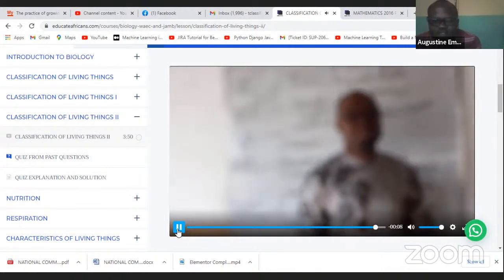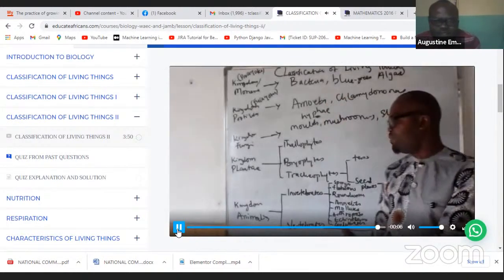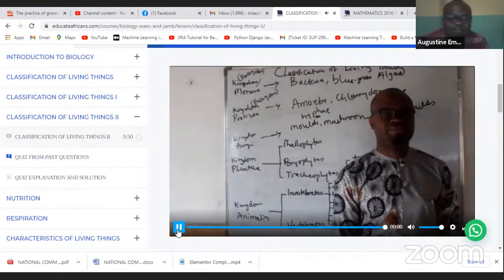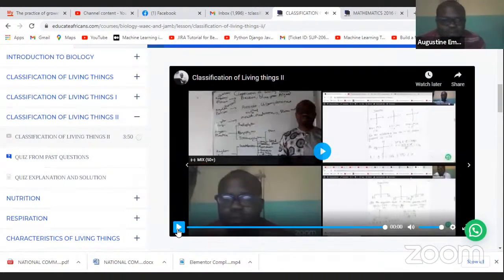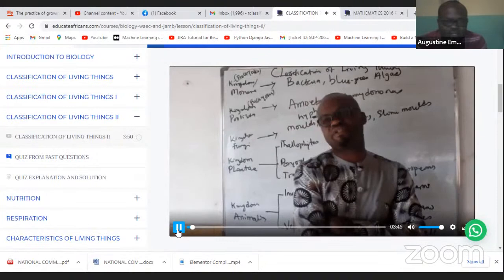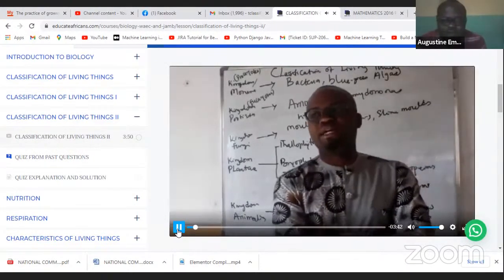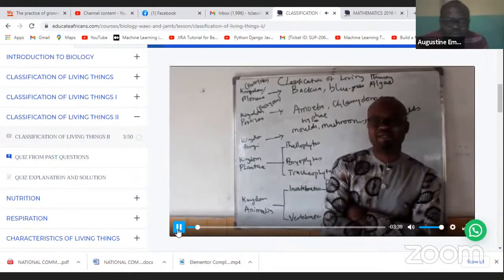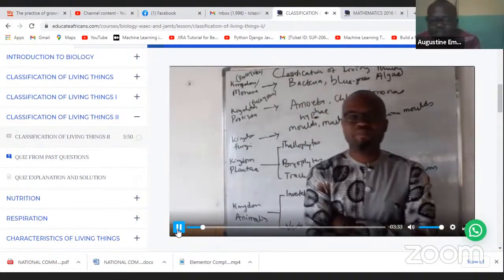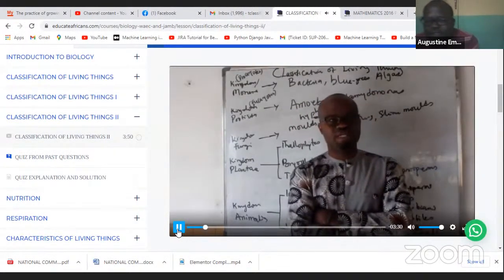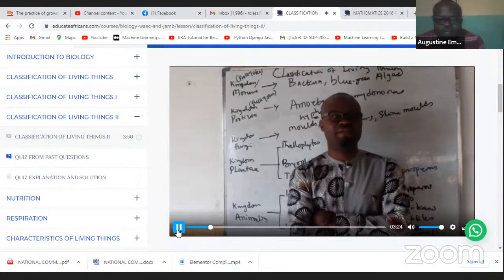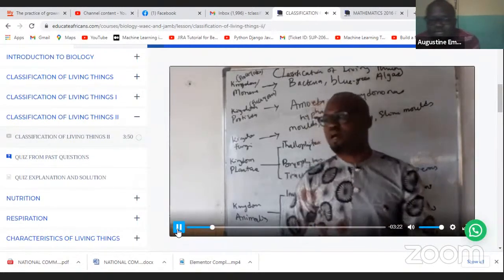So those are the major classifications. So take note, we have the kingdoms: Monera, Protista, fungi, plantae, and animals. Under Monera, we have the bacteria, blue-green algae. These are the most microscopic of organisms. Whereas under the Protista, we have amoeba and chlamydomonas. Then under fungi, we have the mushroom, the molds, and the slime molds. And under plants, we have the thallophytes, bryophytes, and tracheophytes. Tracheophytes are more developed. Just under there we have the seed plants and the ferns. Then under the seed plants, we have the angiosperms and the gymnosperms. Whereas for animal kingdom, we have majorly the vertebrates and the invertebrates.